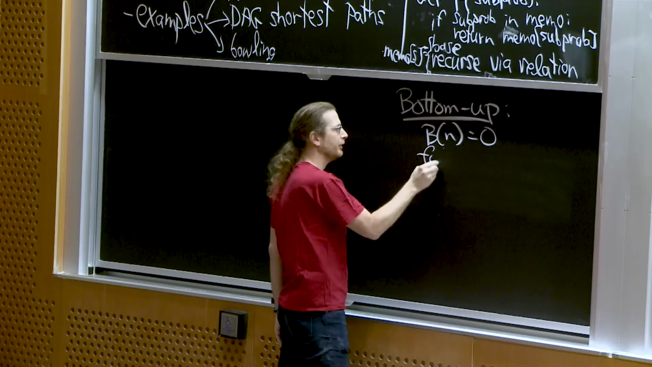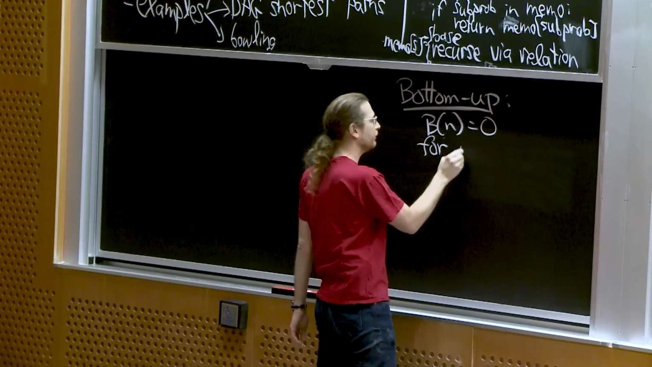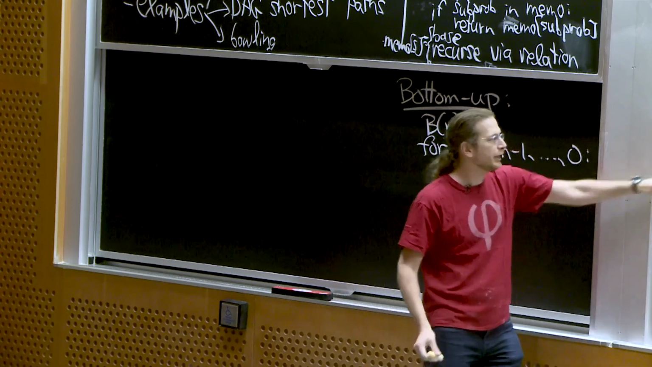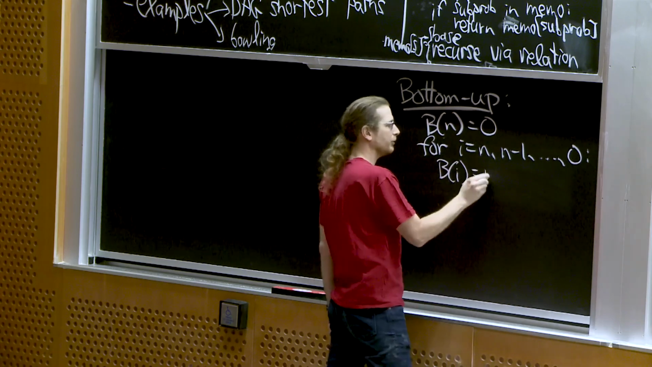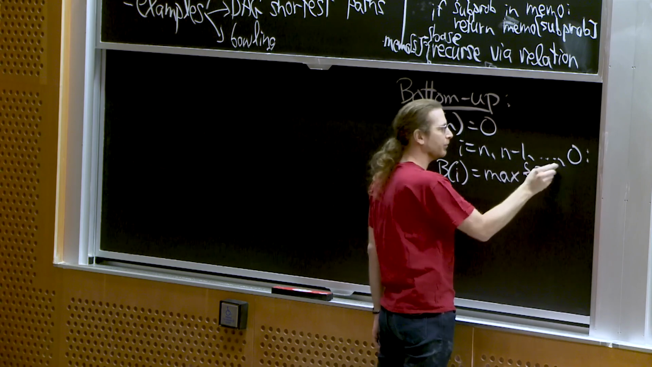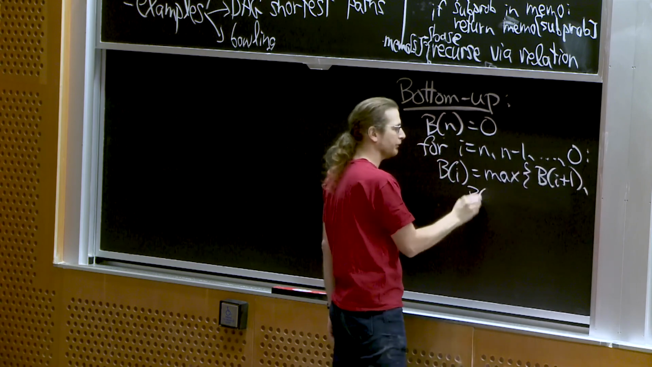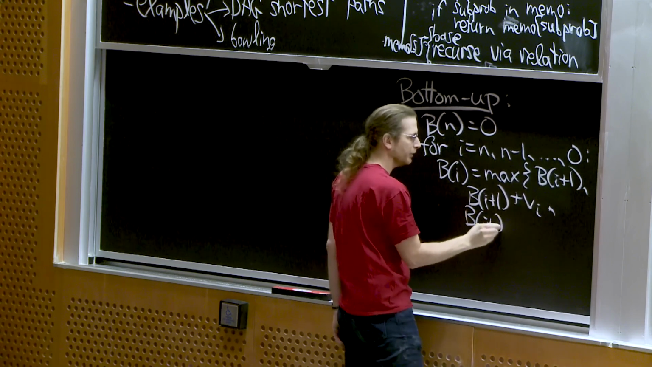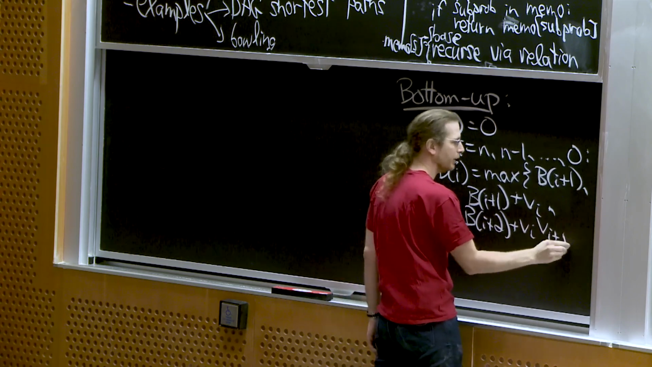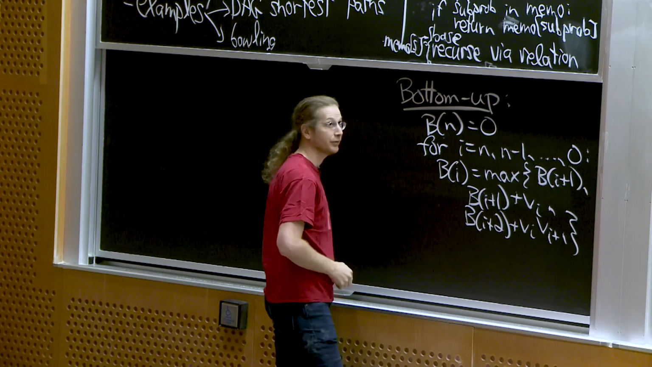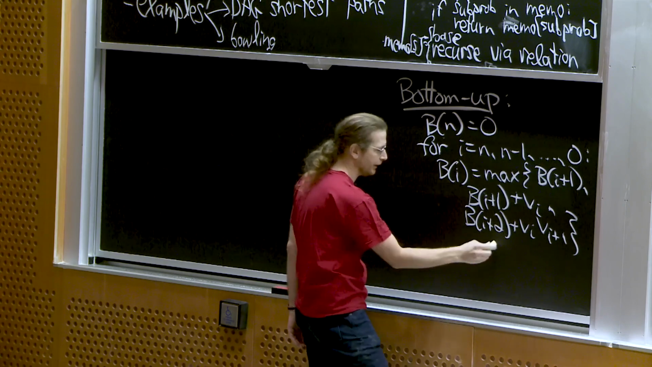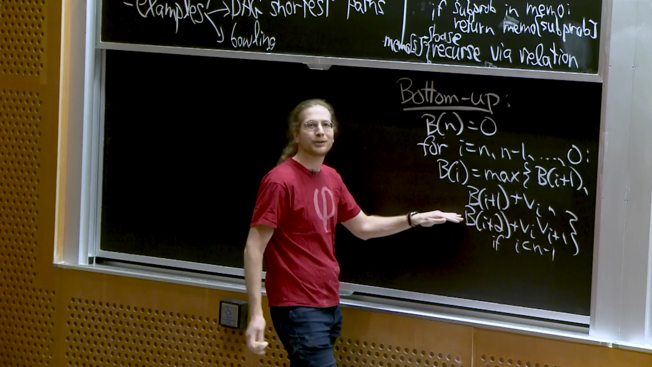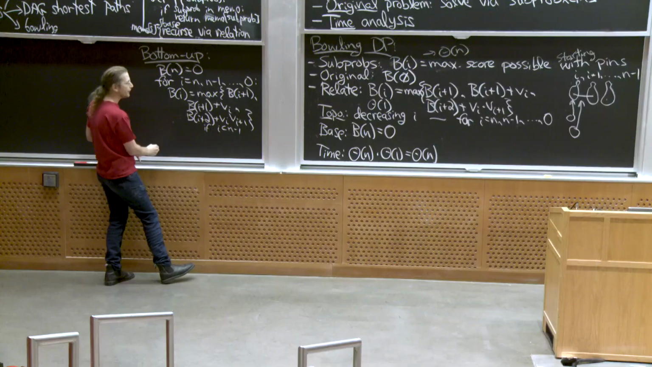But now it's an assignment. And I'm going to do the for loop from the topological order for i equals n minus 1 to 0. Now I'm going to do the relation. b of i equals max of b of i plus 1, and b of i plus 1 plus v_i, and b of i plus 2 plus v_i plus v_(i+1). Technically, this only works if i is strictly less than n minus 1. So I should have an if i is less than n minus 1 for that last part, because I can only hit 2 pins if there's at least 2 pins left. And then return